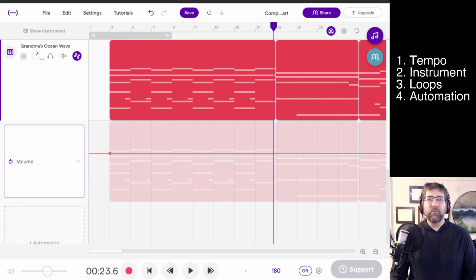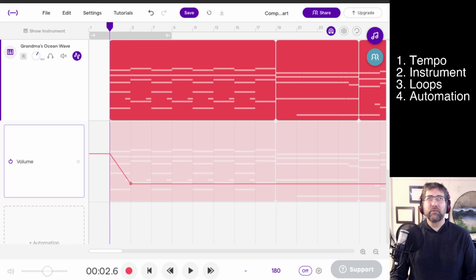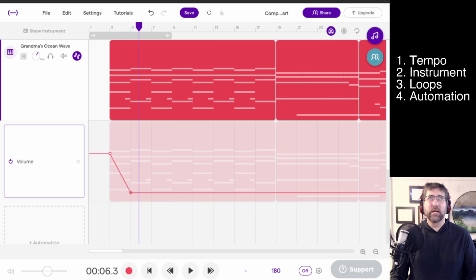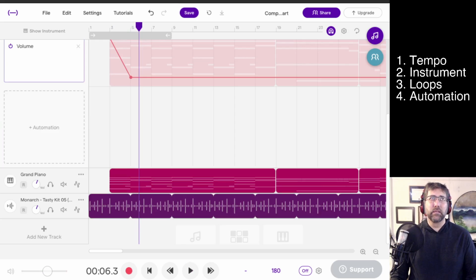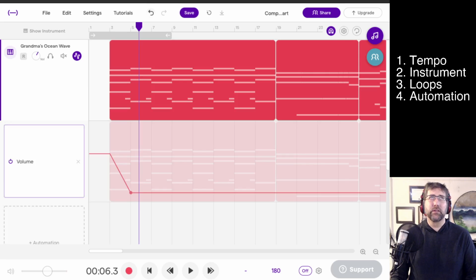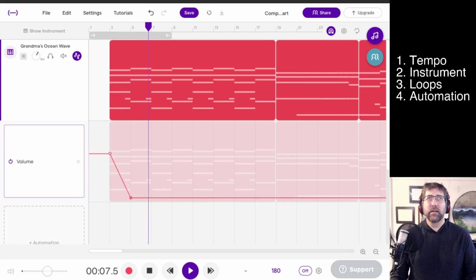You can click a point and then click a second point and drag the volume down. As the music goes on, it will automate the volume, which means it will take it down automatically. Let me do it more extremely so we can hear that, and actually I will mute the drums for now too, so we can hear this volume come down. Yeah, and if I go all the way down,